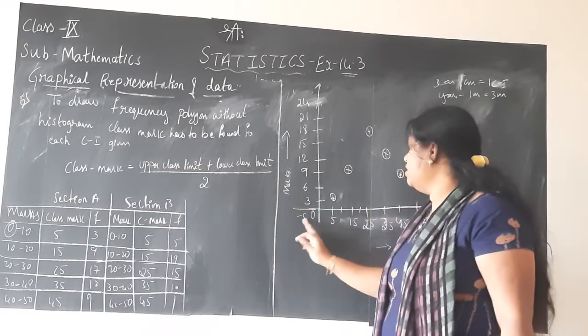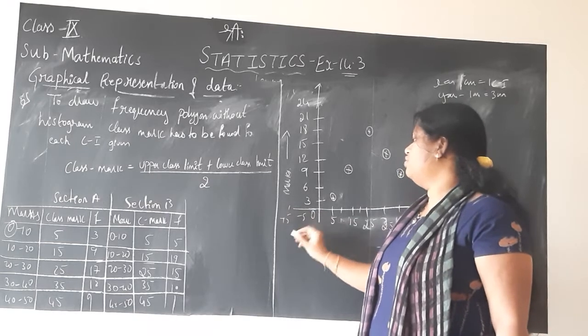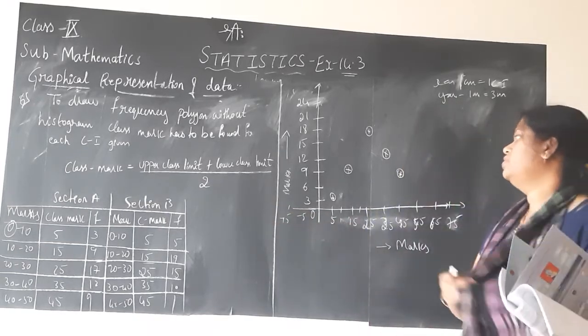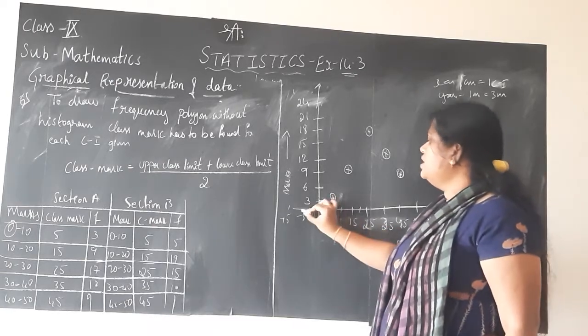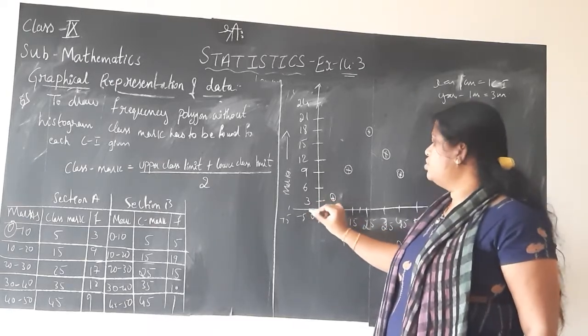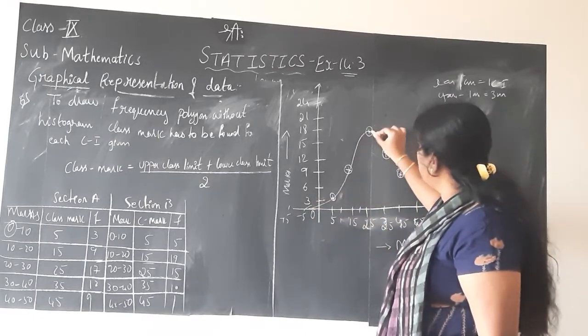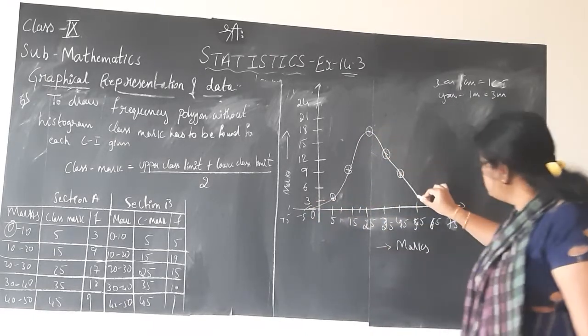You know, 5 and minus 5, 15 and minus 15, negative x-axis, you know? In the second quadrant. So here we start the graph from -5. From here it comes like this, you just free hand join all the curves and